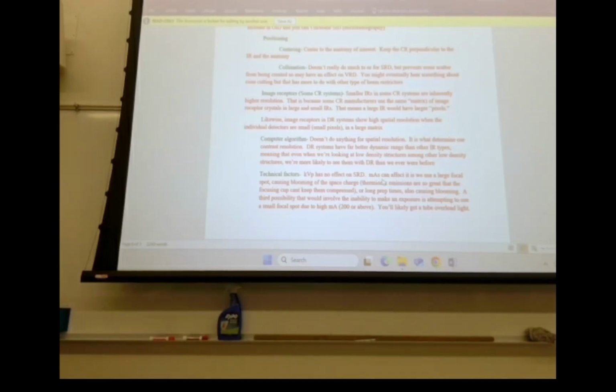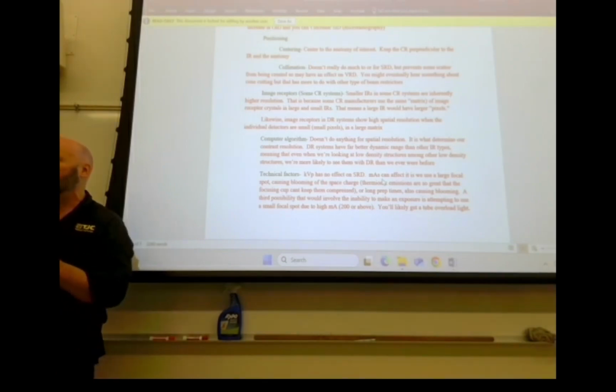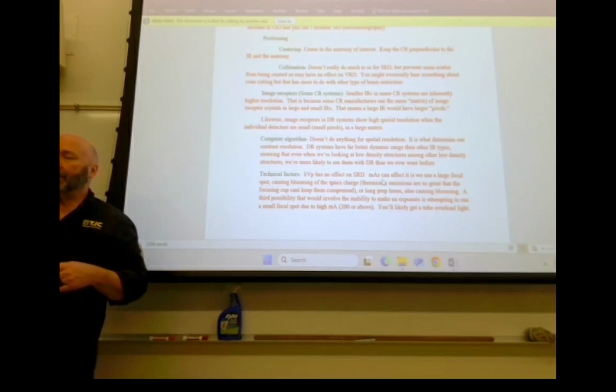So image receptors, we've got a couple of things on image receptors that we kind of touched on a little bit, and they're kind of the same but a little bit different. With your DR image receptors, think of the image receptors as being composed of a whole lot of little bitty individual computer elements, right? With CR, what you have are individual little bitty